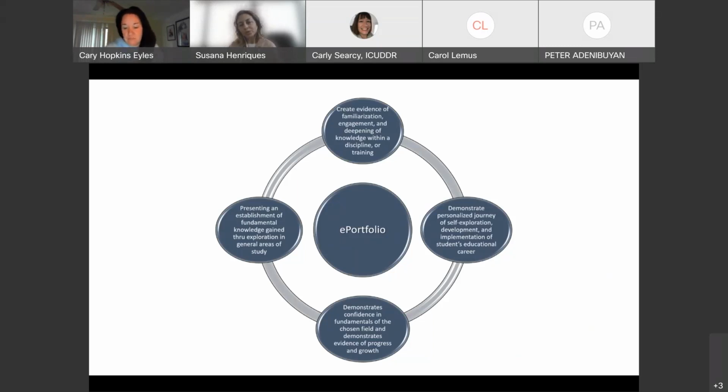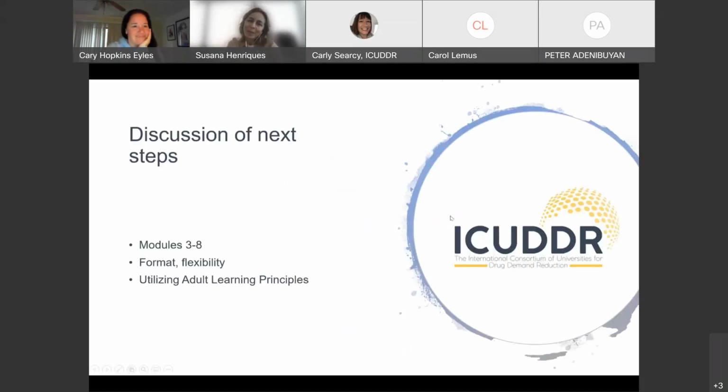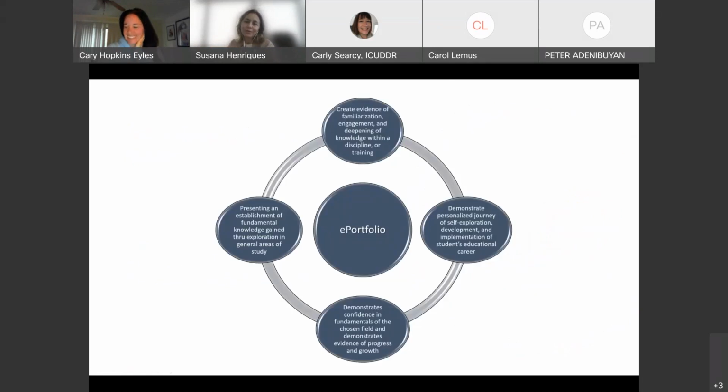But the important thing is that in this portfolio, they always bring together their knowledge, but also their experience, the knowledge they are going to build, but also their experience. Any questions, any comments? Maybe I was not too clear.